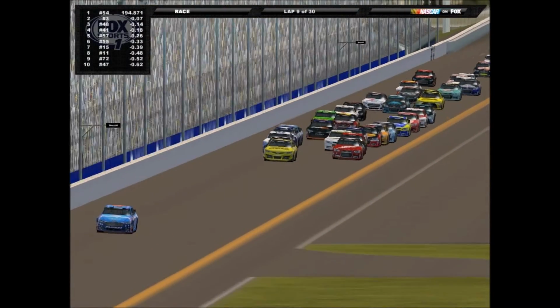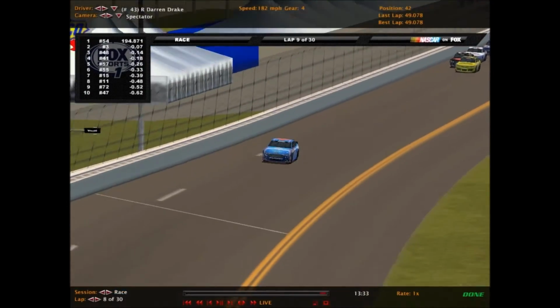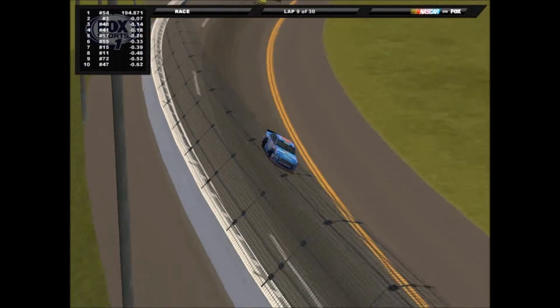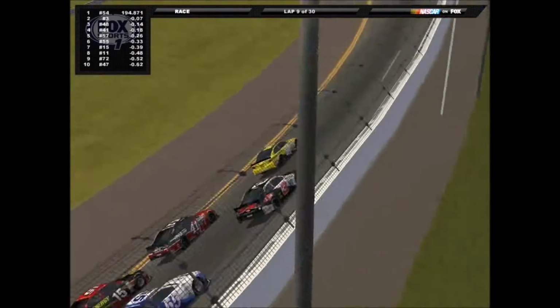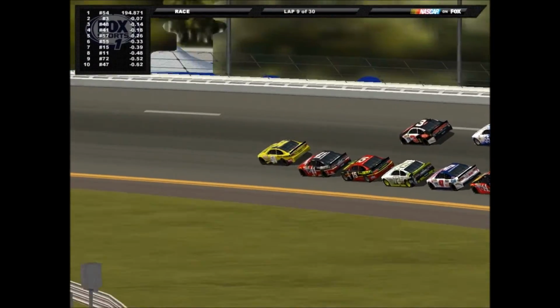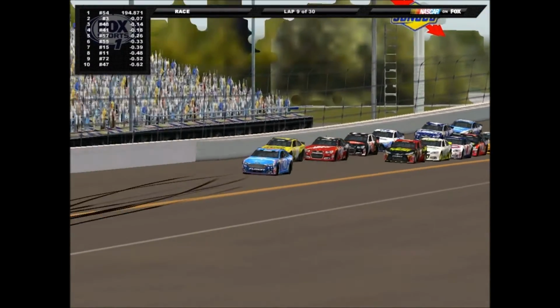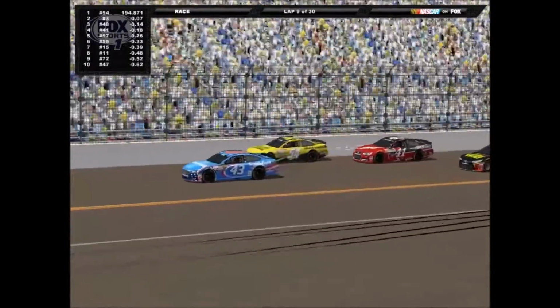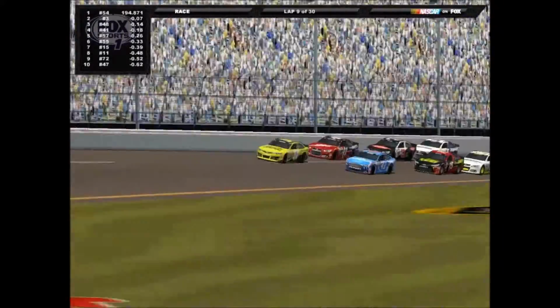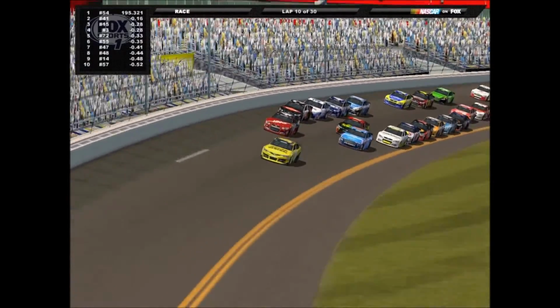They are approaching a lapped car. That is the 43 of Darren Drake, who has some damage from the accident, from the tangle up they got. They're approaching him rather quickly in that 43 machine. They're gonna blow right by him on the outside. The cars are gonna have to slow down a little bit and let him catch up